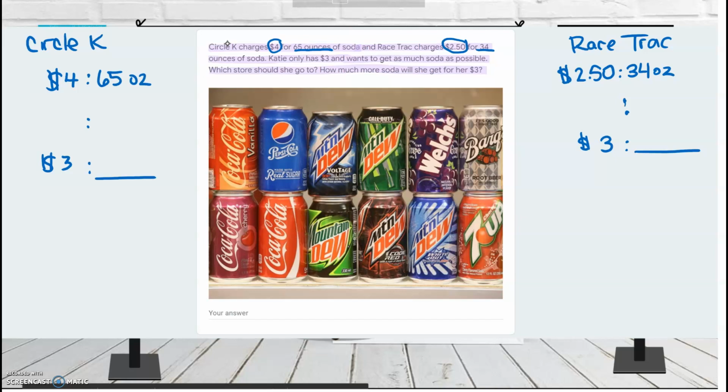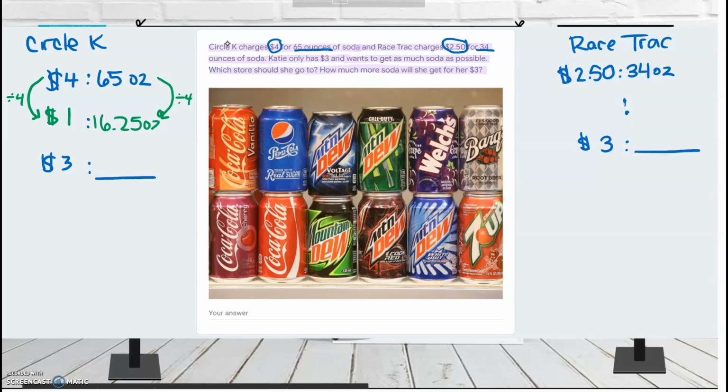So now thinking back on what we did yesterday, I know that my unit is going to be the dollar. How do I go from 4 to 1? I've got to divide by 4. 4 divided by 4 is 1. And then if I did it for the first ratio, I've got to do it for the second part. In your calculator, what is 65 divided by 4? When I calculate it, I get